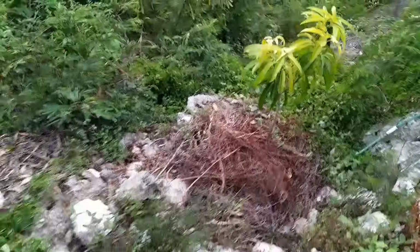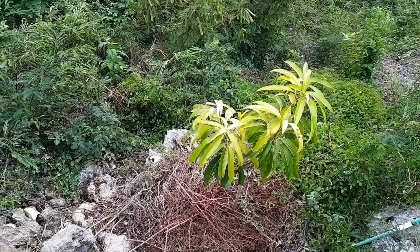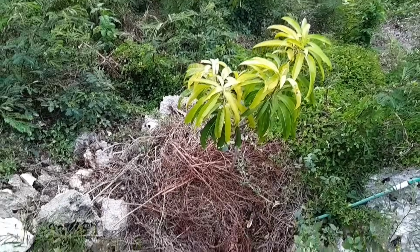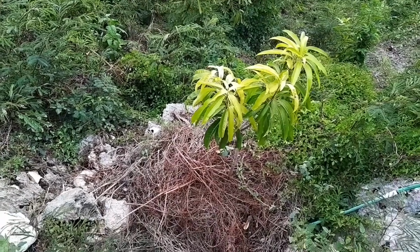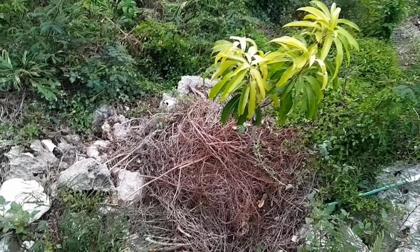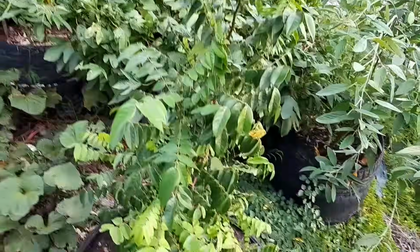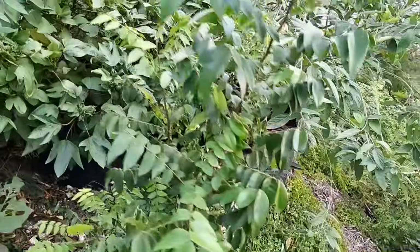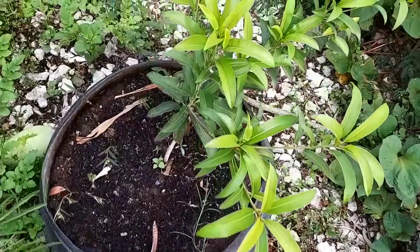That is my East Indian mango. I am so hopeful about this one. It is in the rock, so I'm hoping it does well like our common mangoes that are in the rock. And right here is our star fruit. It looks good. It's in a tire, two tires. And then next to it is our nesberry, looking beautiful too